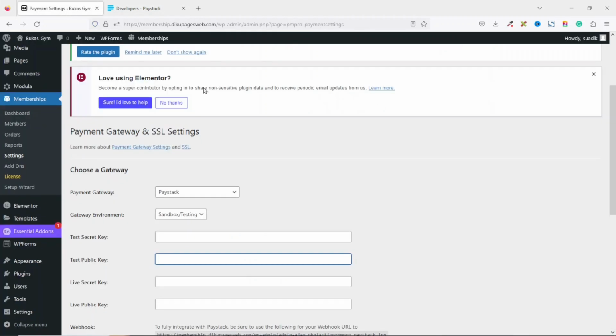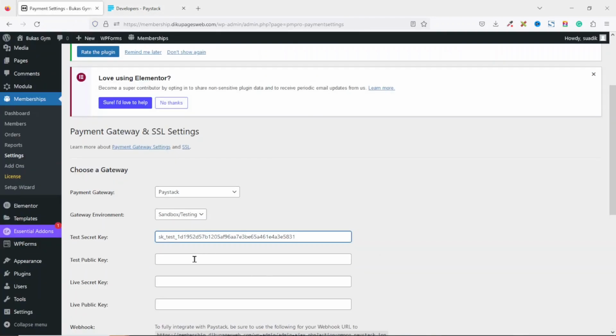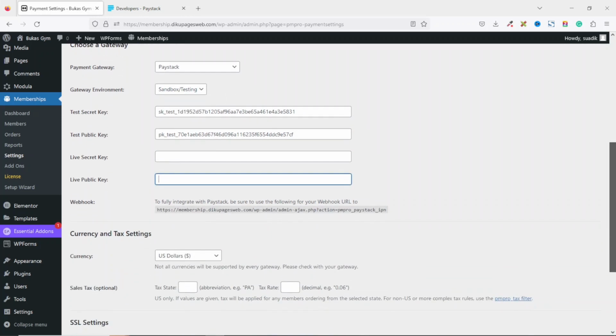Go back to my website. I paste in my test secret key. Going back, I select the test public key, just copy it, come back in here, then I enter that right here. So if you are going to be using the live or production mode, this is where you enter the secret and public keys. Going down, you need to make sure that you copy this URL